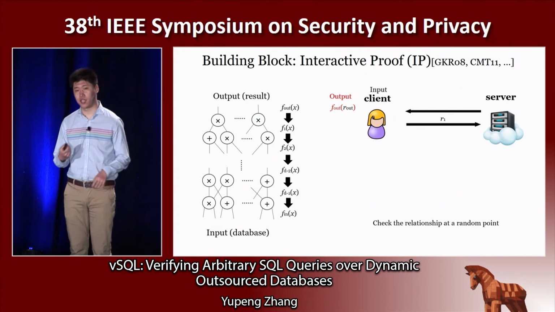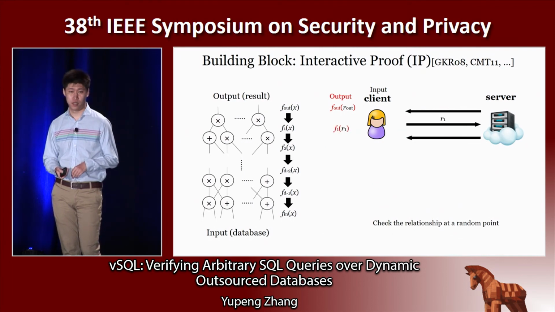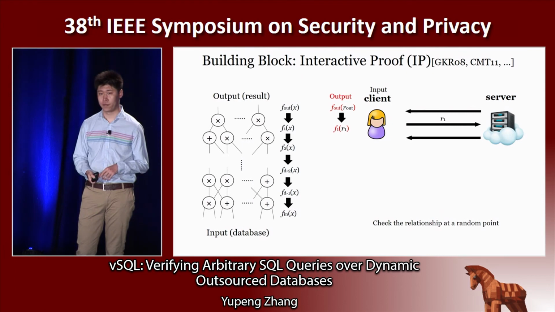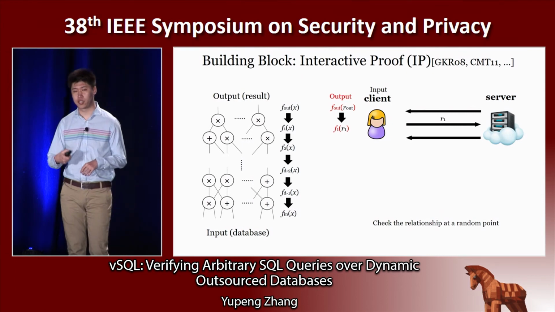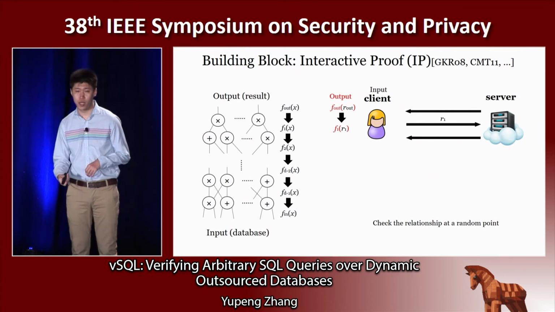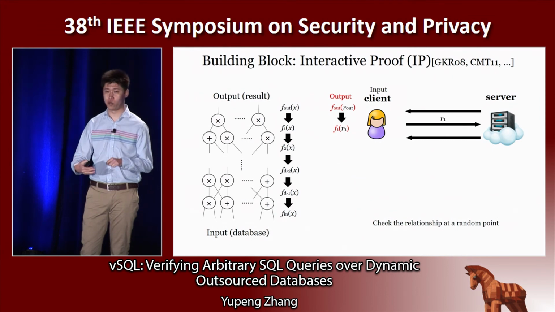After that, the client sends a random challenge to the server, and the server returns f1(r1) to the client. Note that this is constant size. It's just a single number representing the evaluation. Then, using the technique, the client can check the relationship between f_out(r_out) and f1(r1). In this way, it reduces the correctness of the output to a value for one layer above.